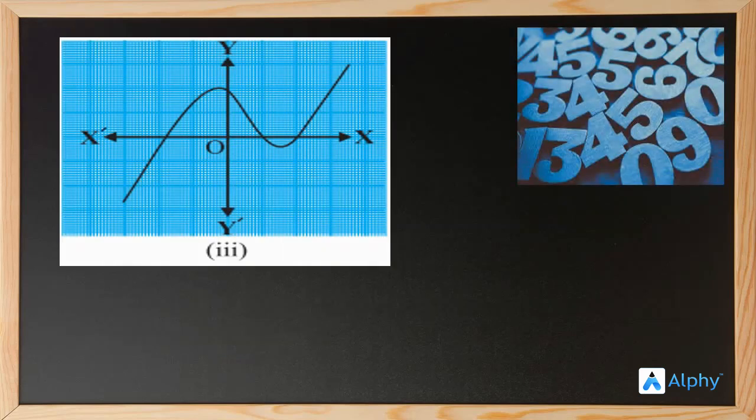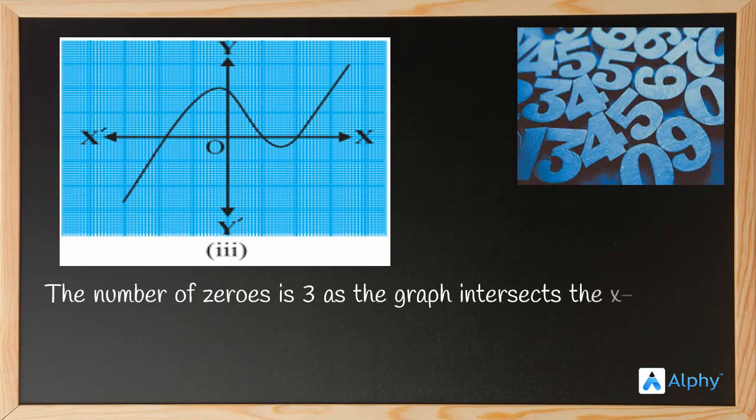Next we have the third part. So this is the graph for the third part. Let's take a look at the answer. Also try to think about how many zeros this is going to have, because it is very essential that you try to solve the question yourself also. So now we have the number of zeros is 3 as the graph intersects the x-axis at 3 points. The graph here is intersecting the x-axis at 3 points, and the points are, you can see these arrows. The first point is this one, second here, and third this point. So these are the 3 zeros of this particular polynomial.